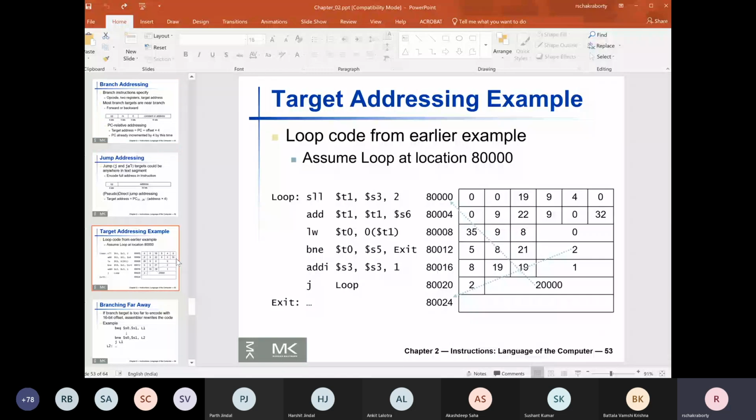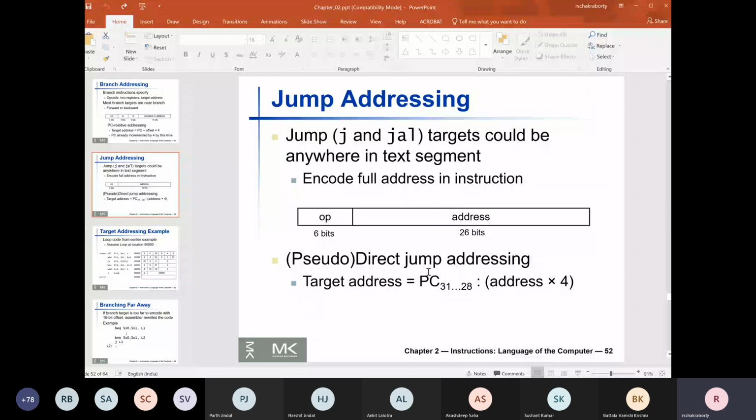Then look at jump loop. How does the jump instruction calculate the address? It takes the 4 MSBs from the PC, and the address is multiplied by 4.